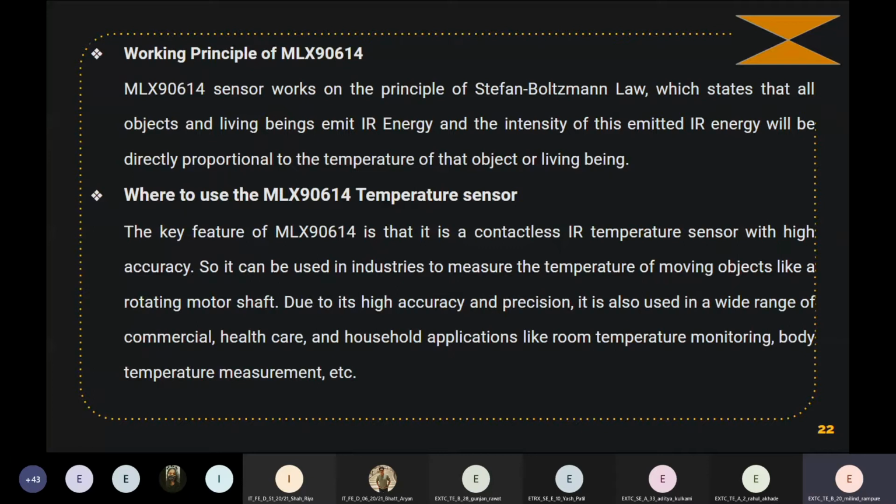It can be used in industries to measure the temperature of moving objects, like a rotating shaft, and in factories where you need to regulate the temperature of a machine. Due to its high accuracy, it is also used in a wide range of commercial healthcare and household appliances, like room temperature and body temperature measurement.